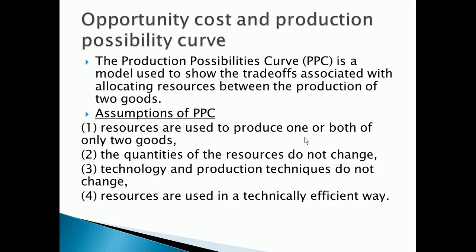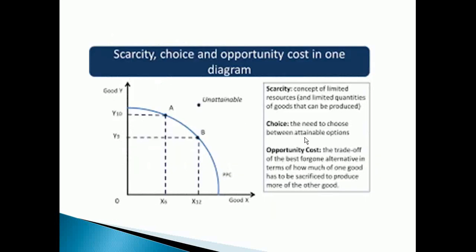There is a relationship between scarcity, choice, opportunity cost and the PPC. From the graph, you will understand that as a result of scarcity, there is a limited quantity of good X and good Y that can be produced. Also, businesses, individuals, and government must choose between good X and good Y. Don't forget that the assumption of the production possibility curve is that there are only two goods produced. By implication, you cannot choose the same quantity of good X and Y to produce at different points on the PPC.